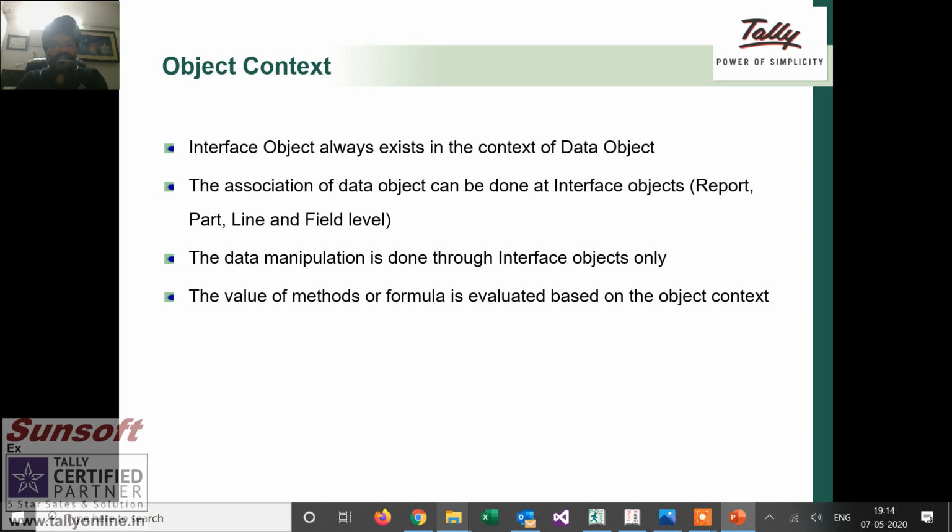Data manipulation is done through interface objects only. So data cannot be directly entered. It has to be modified or created through an interface object only. And the value of methods or formulas is evaluated based on the object context. Suppose I am accessing the $name method. In whatever object context we are, $name will return the same value.